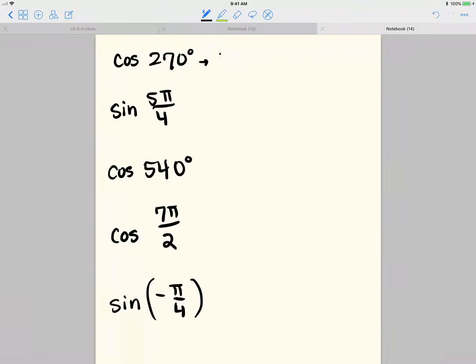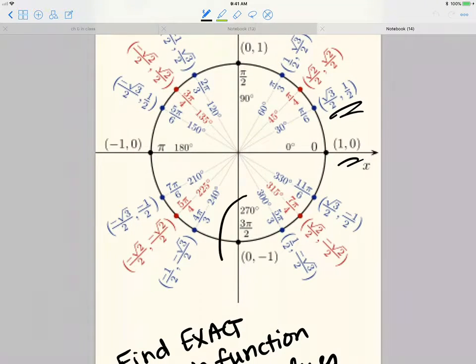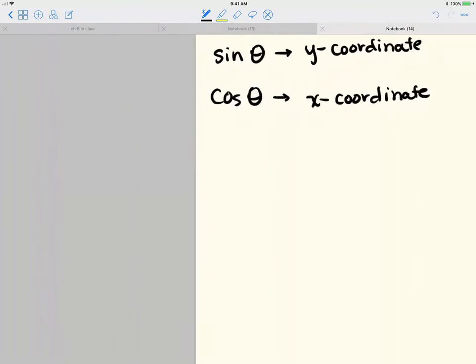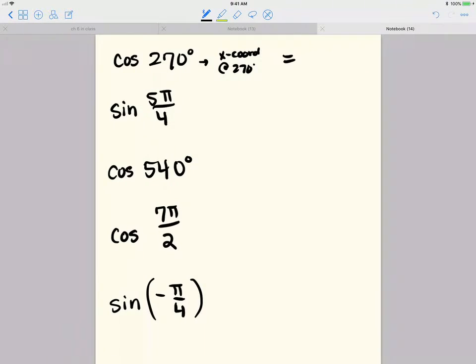cosine of 270 is just going to be the x-coordinate at the 270 degree angle on the unit circle. So if you go to that unit circle and look at your 270 degrees, 270 degrees is down between the third and the fourth quadrant. The x value is 0, the y value is -1. We were asked to find cosine of 270. So the cosine of 270 is literally the x-coordinate at that degree. So for this one, we can say the cosine of 270 is 0. So I can go back to my answer